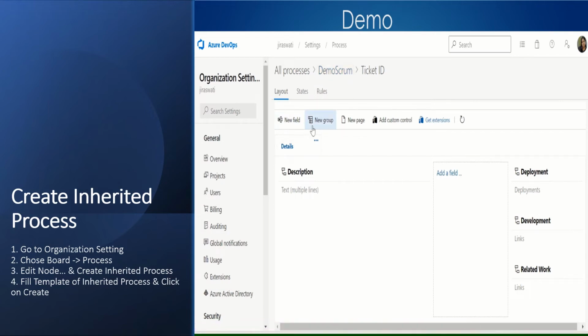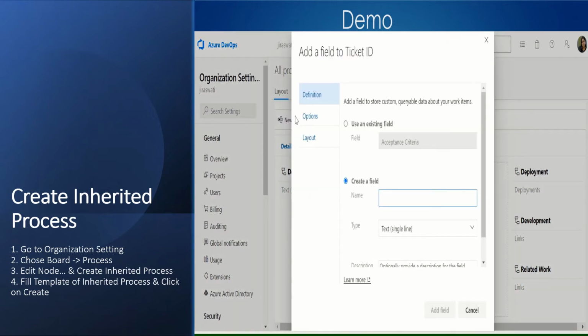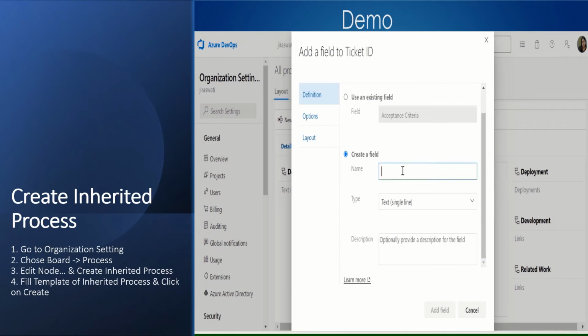Here a new field is there, a new group is there, a new page is there. We can customize that. Let's click on new field. We can create a field in that, right here, sample, and we will add this field.